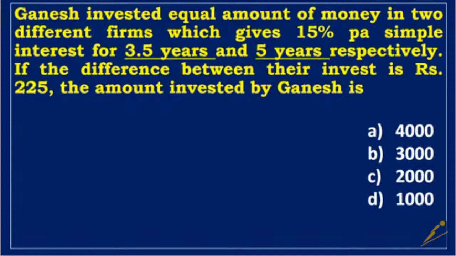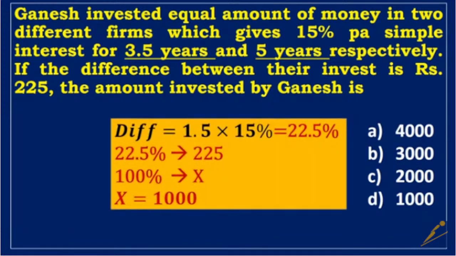Third example, Ganesh invested an equal amount of money in 2 different firms which give 15% per annum simple interest for 3.5 years and 5 years respectively. If the difference between their investments is 225 rupees, the amount invested by Ganesh is, the difference in investment is